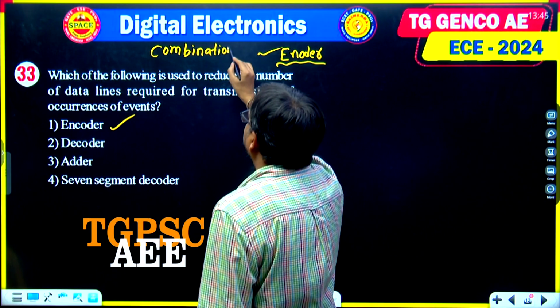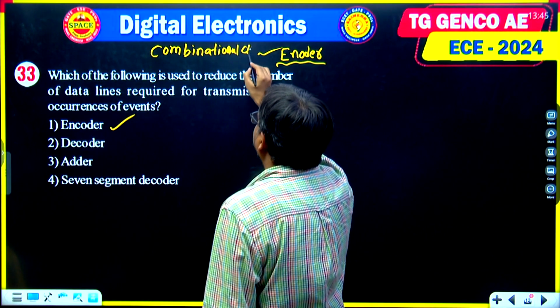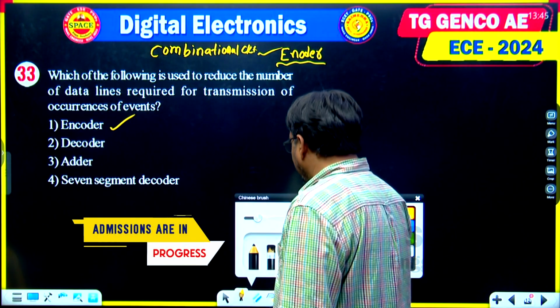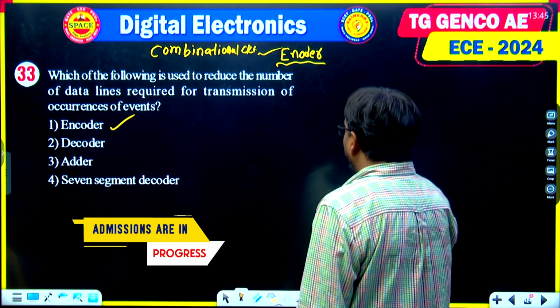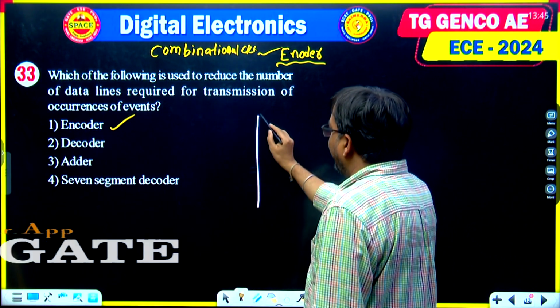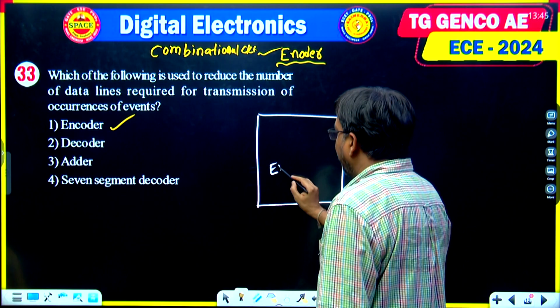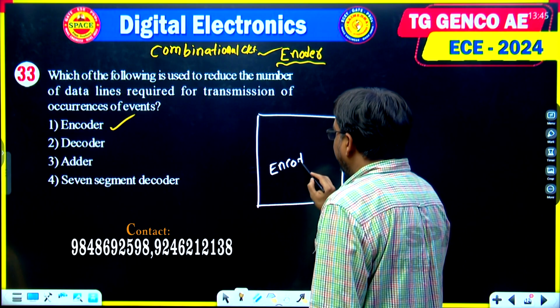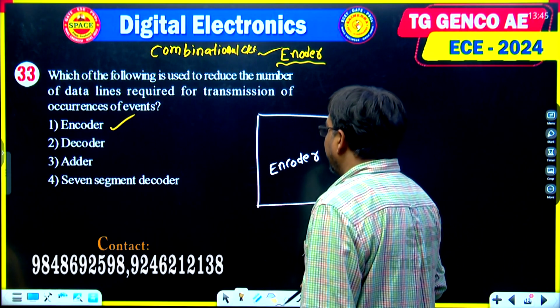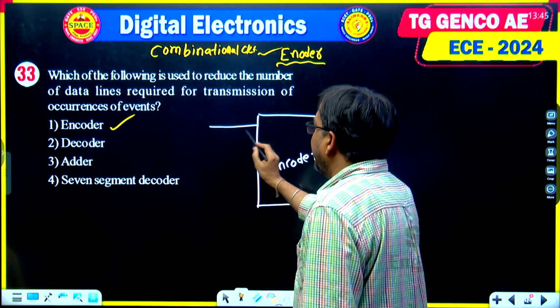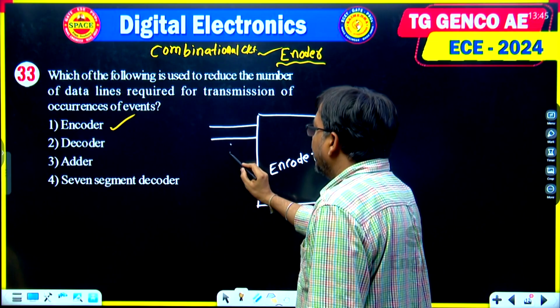Combinational circuit. This is the related topic. If you see the encoder, the main function of an encoder is, it is a digital circuit which is used to convert